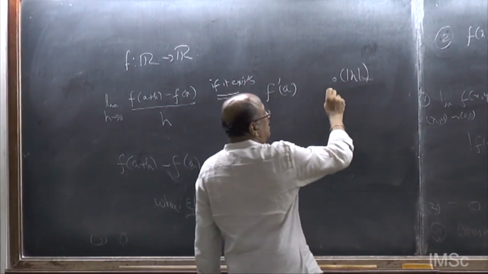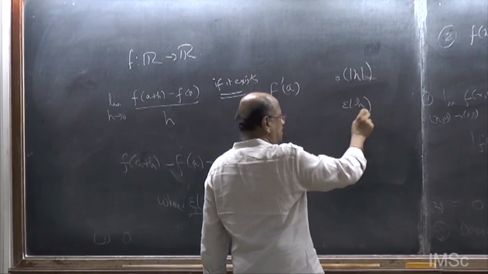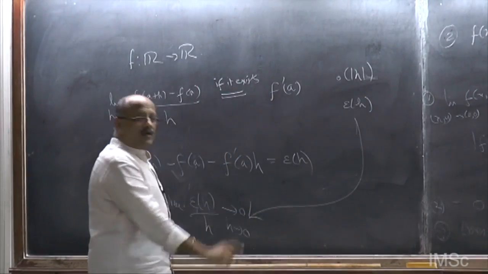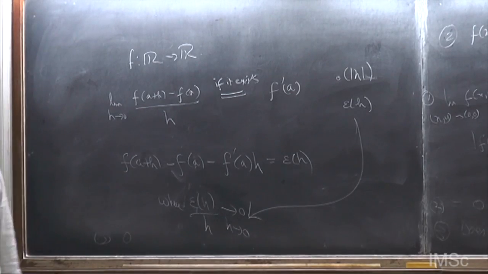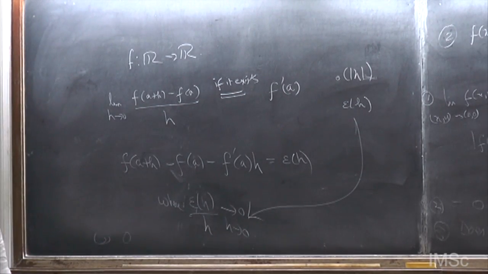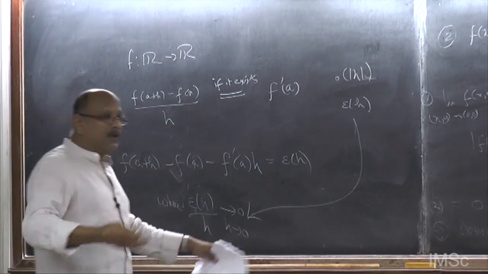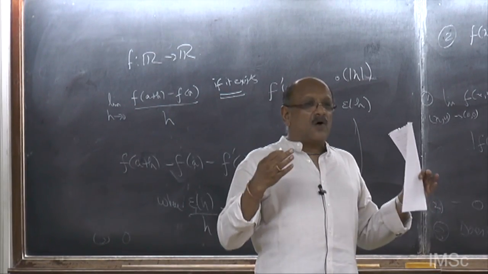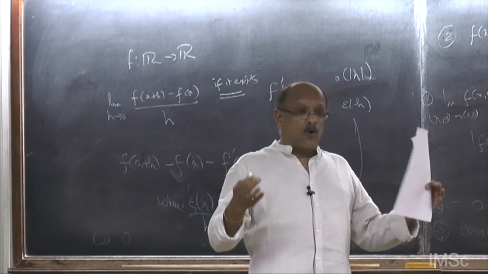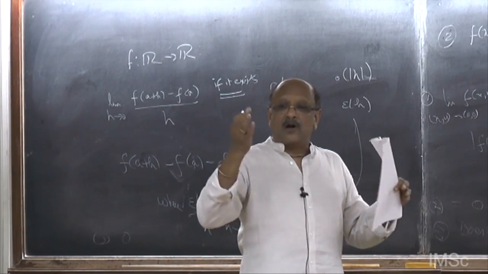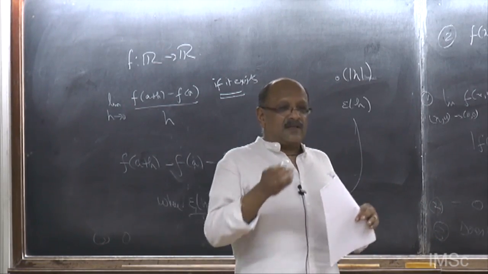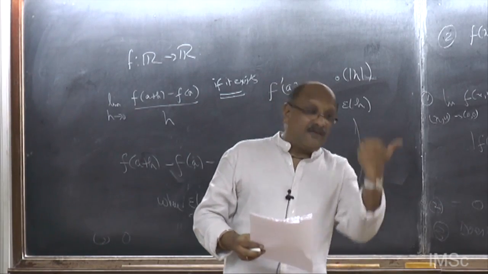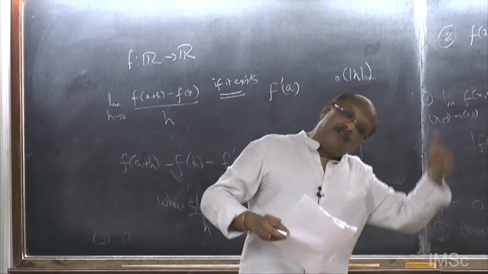this means some function epsilon of h which obeys this rule. This is a convenient way we write in analysis instead of writing every time so many functions. So, we will say this is of the small order. When you say big O, that means it is bounded by a constant times that quantity. When I say small o, that means when I divide and then go to 0, even then the limit has